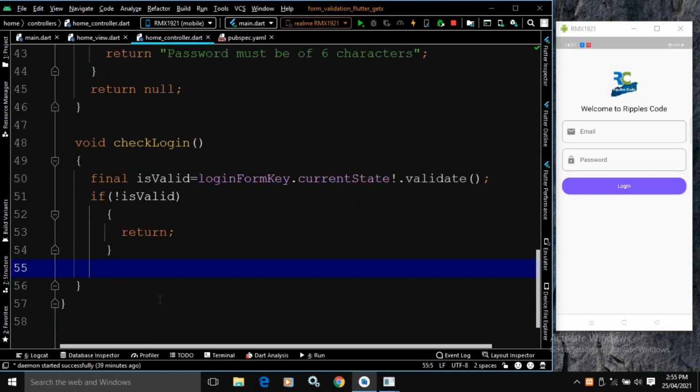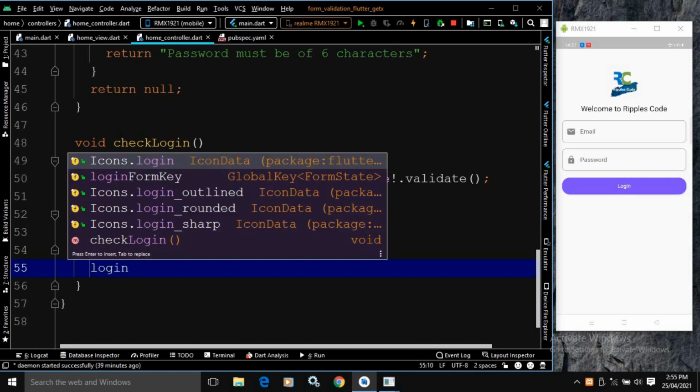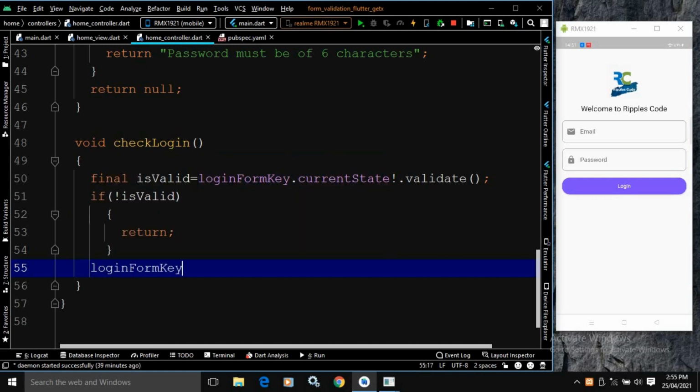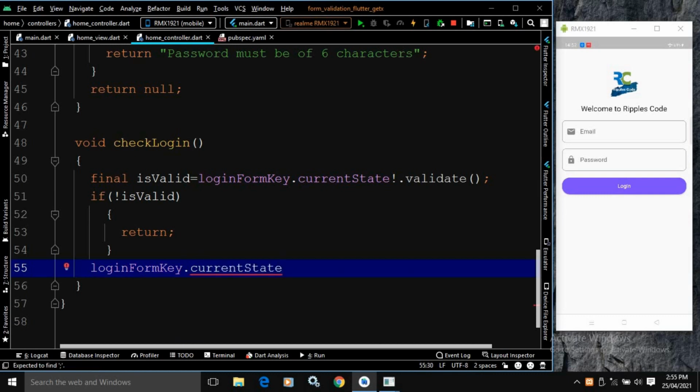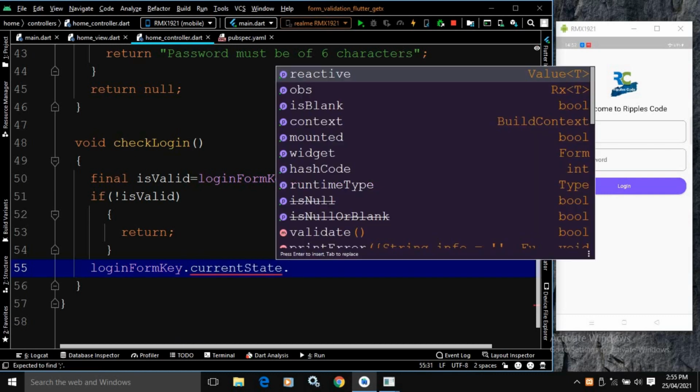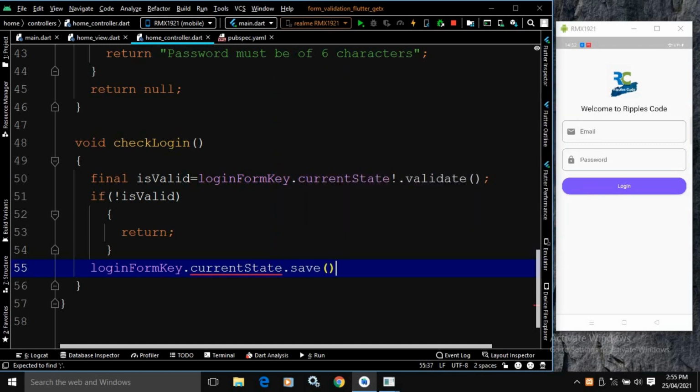Otherwise what I will do, here I will write loginFormKey dot currentState dot save. Okay, and here I will apply a null check operator.